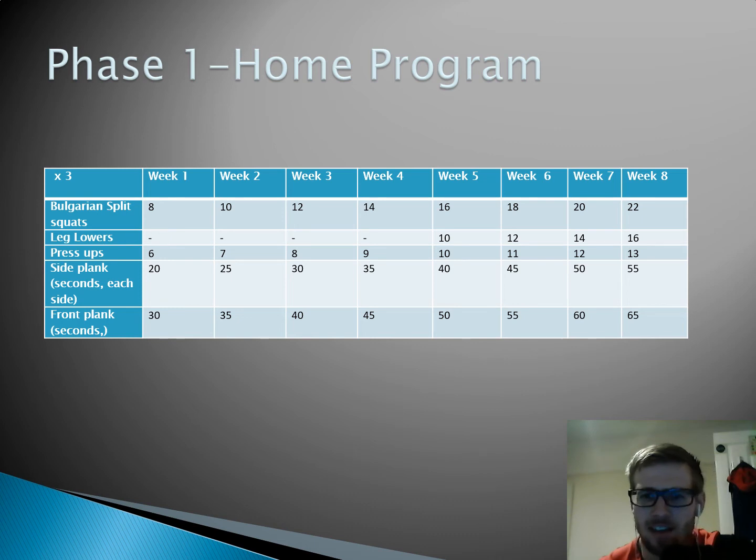In hindsight, I look at week 8 and I'm like, 22 Bulgarian split squats on each leg, 44 split squats per round. You're doing that 3 times. That's like 132 split squats. Not only is it logistically not feasible, because that session is now 8 times as long as the first one or whatever it was, but I probably could have just picked a more difficult exercise, even if it was something like, I don't know, a